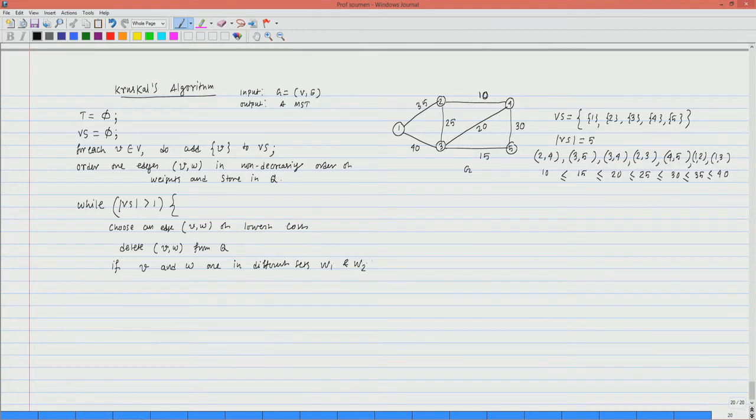So, this W 1 W 2 corresponds to these sets here, 1 2 3 4 5 are in different sets